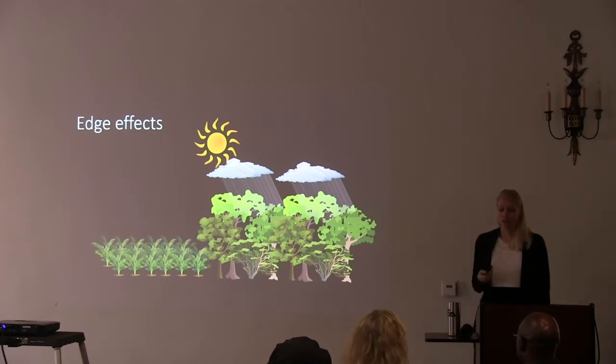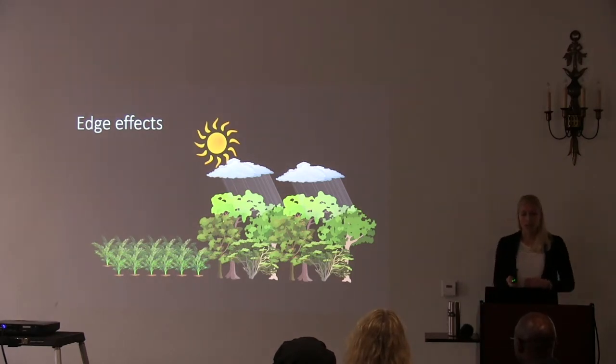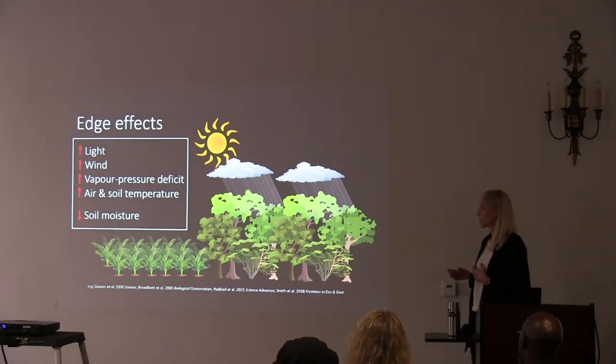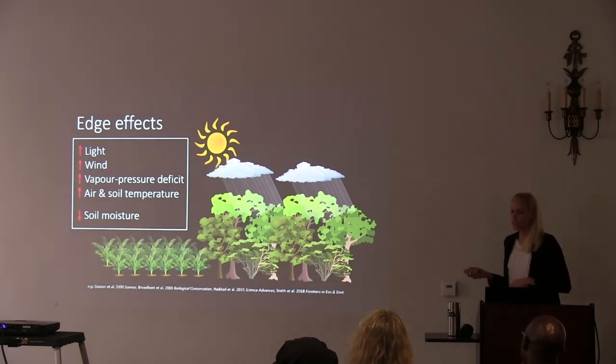And there's a huge body of literature that has documented the ways that edges can affect ecosystems. And I'm going to walk through some of that here. So through changes in micrometeorological conditions like changes in light and wind and vapor pressure deficit, air and soil temperatures and soil moisture create conditions along the edge that are very distinct from the forest interior, which can considerably affect